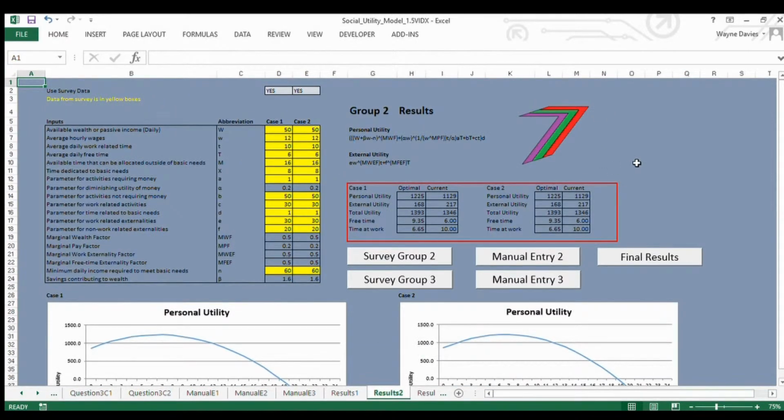Here we go. So this is the results page for group 2. At the top here, we start off with, do we use survey data? At the moment, we've got yes. You could enter no if you wanted to, and that would be if you used direct parameters. So you might have used other means of obtaining the data rather than the surveys that are set out within